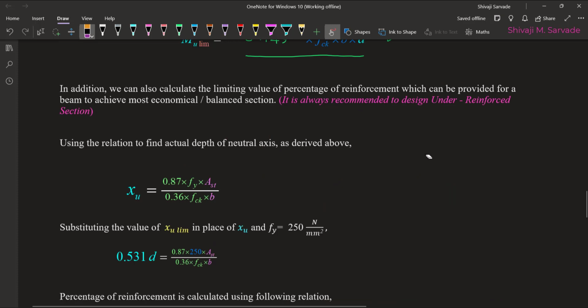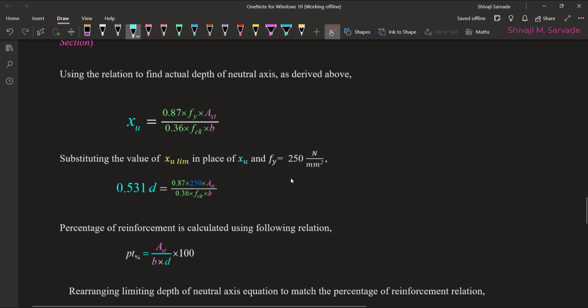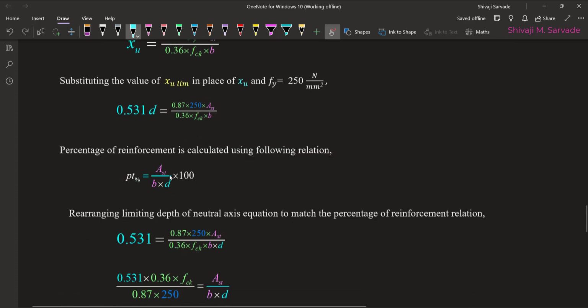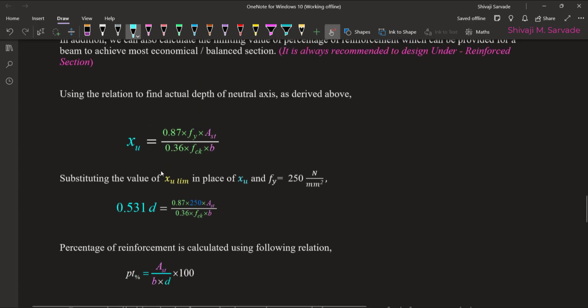Okay, we have one more design constant which we can calculate, which is the percentage of reinforcement. Now, percentage of reinforcement is, of your cross sectional area, how much is the reinforcement area. So it has the relation as AST by BD into 100. Now if you come up here, this is the depth of neutral axis relation which we have derived just by